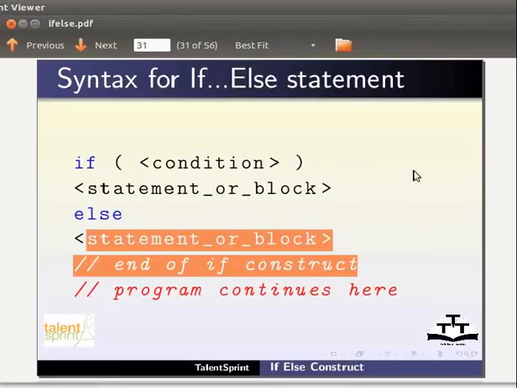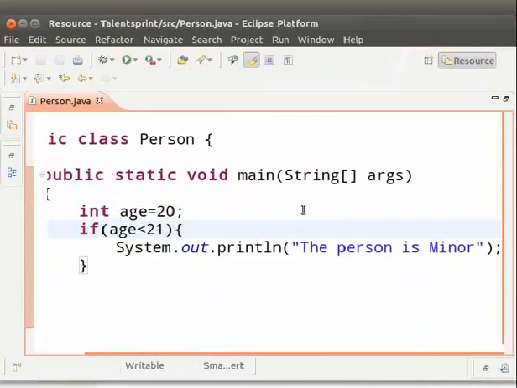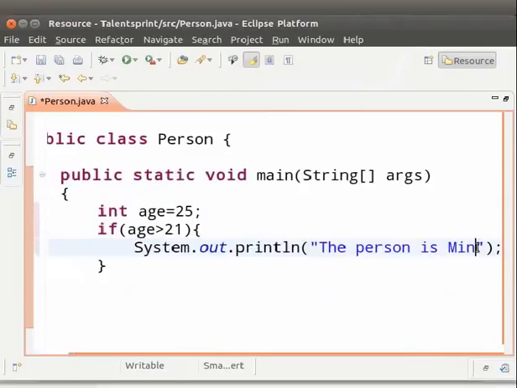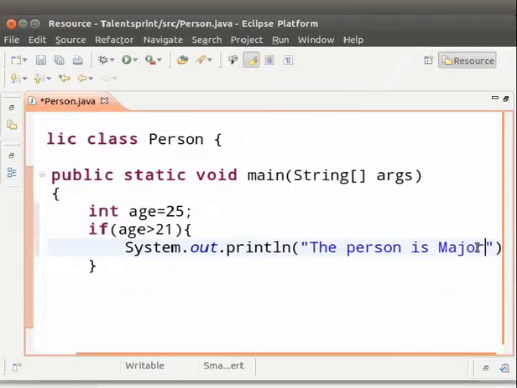So let us switch to Eclipse. We will now write a program to identify whether the person is minor or major. So inside the main method, type int age equal to 25. Then if within brackets age greater than 21, within curly brackets type System.out.println within brackets the person is major. Then type next line